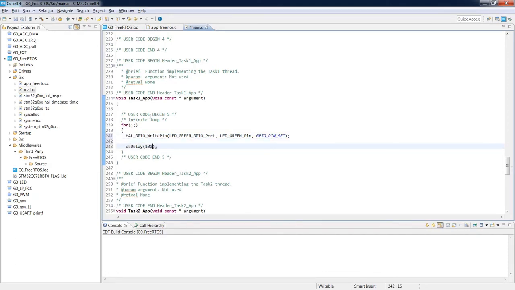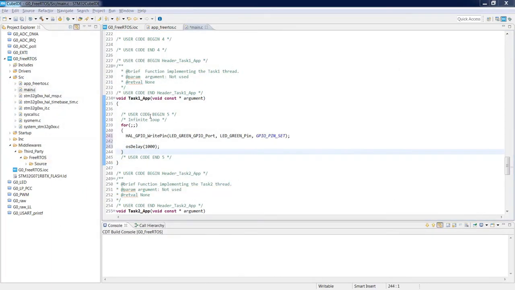Please have a look that I'm not using HAL delay but OS delay. The difference is that HAL delay would block us for 1 second within this function, while OS delay changes the state of our task from running to blocked, which allows the operating system to switch to the other task, which has some job to be done within this time. So this is not wasting any time. The operating system immediately changes the active task from ours, which is going to the blocked state, to the other, which is much more efficient. So this is step number 1.